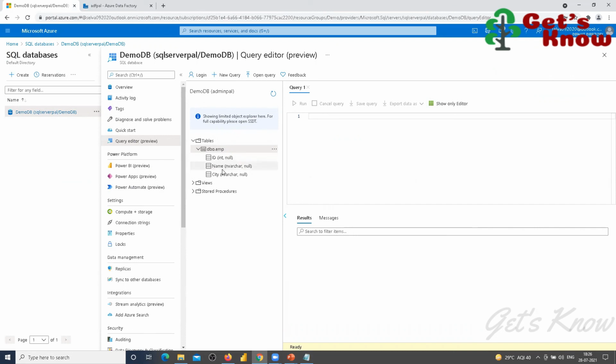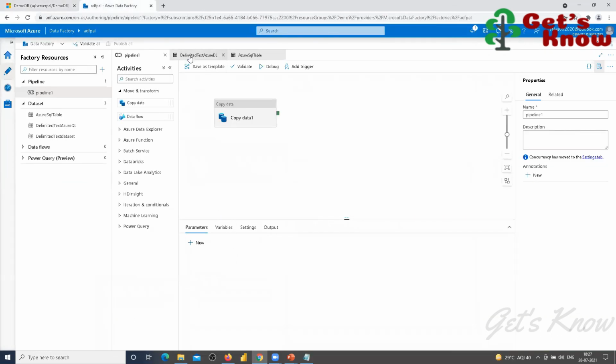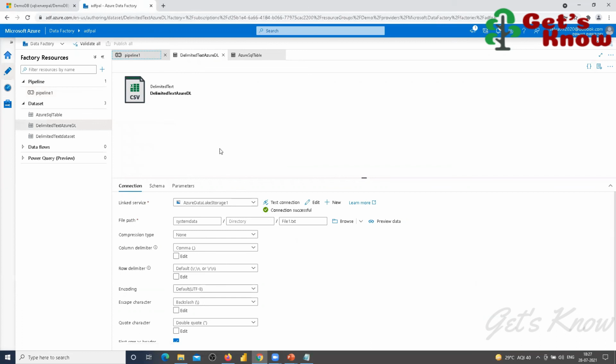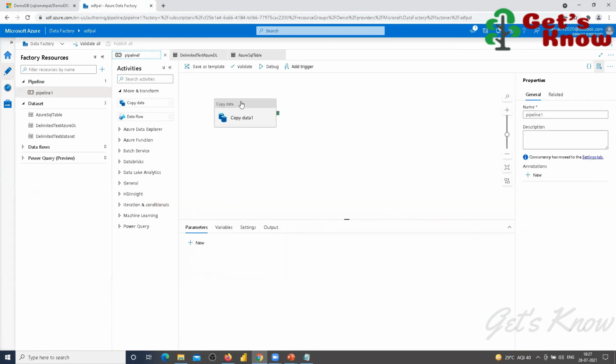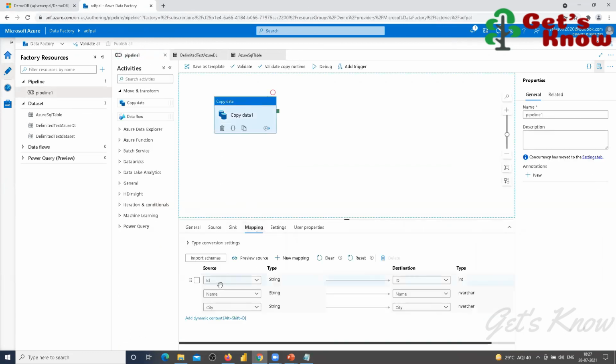Yeah. So what we have to do is modify the data type, because the source we are getting from the data lake, a CSV file. In a CSV, everything by default will be string only. So it might be the problem. So string to what it is trying now. During the mapping, we can check it. So here, in the mapping, it is passing a string, but it is trying to store it as an integer.